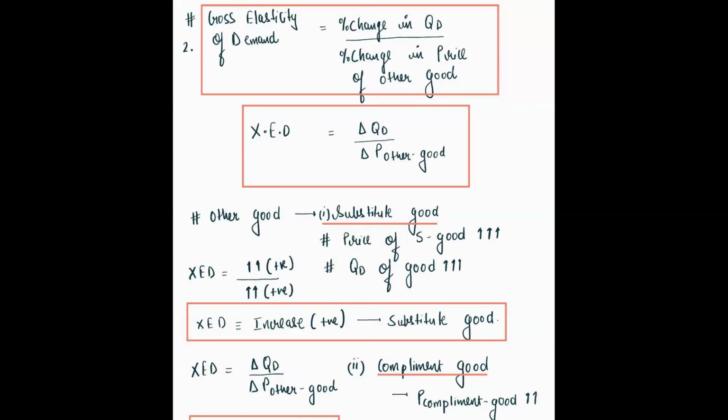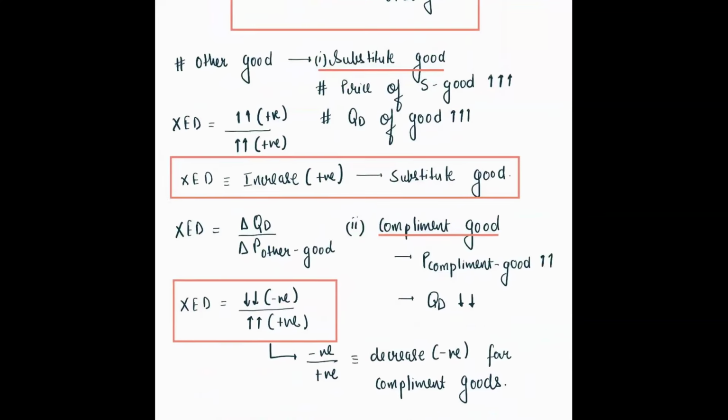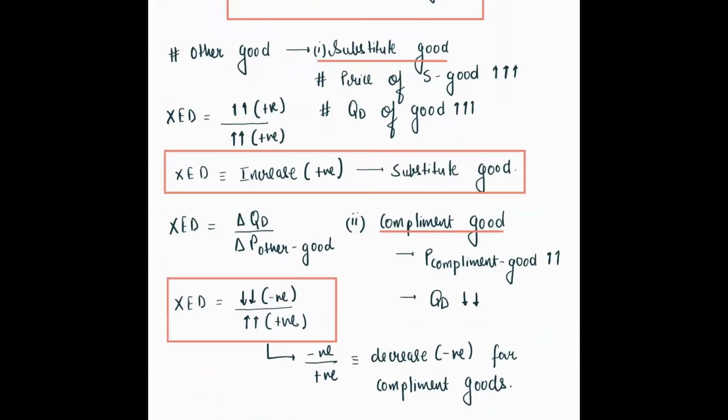Right, of that product quantity demanded, like ebook, if the price of Kindle will increase, 5000 की जगह 10000 होता था, तो ebook आप कम डिमांड ही करते, तो डिक्रीज हो गया, डिक्रीज का मतलब नेगेटिव. So the cross elasticity of demand for complement goods is negative, right? You should keep this in mind. इतना ही concept है cross elasticity of demand में.